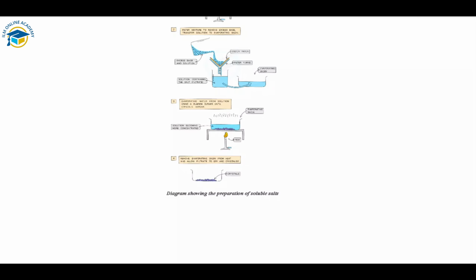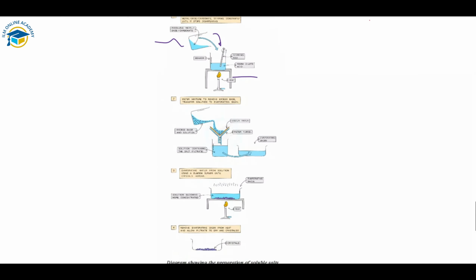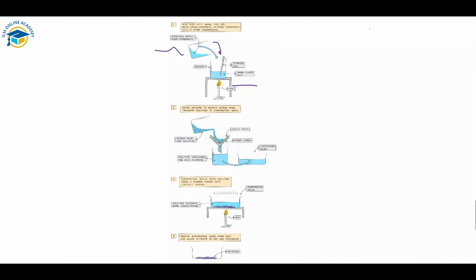Second is the titration method, reacting a dilute acid with an alkali or a soluble base. Next is the titration method. And the example through which we can prepare the salts from acid plus the excess metal, base or carbonate is,